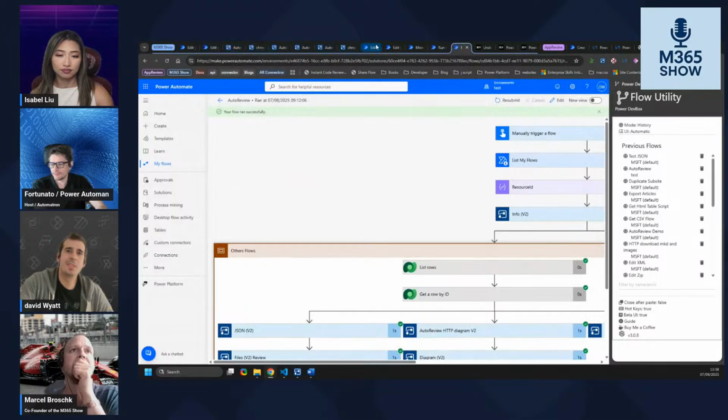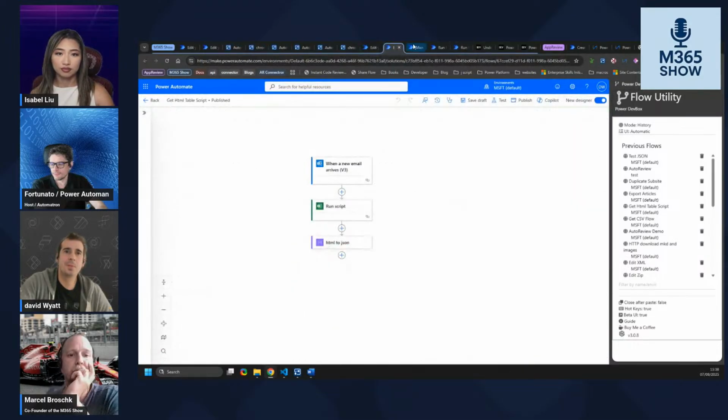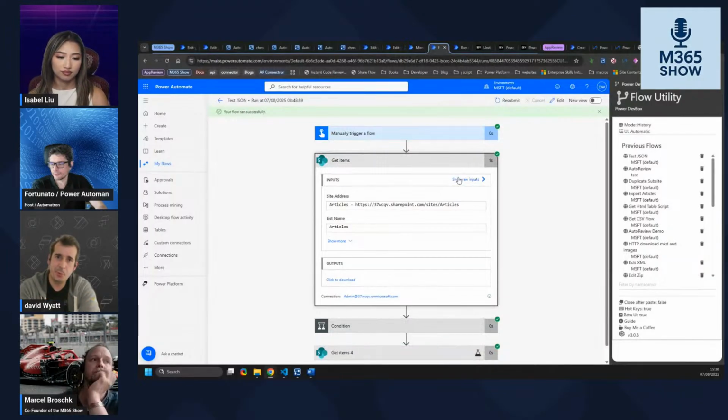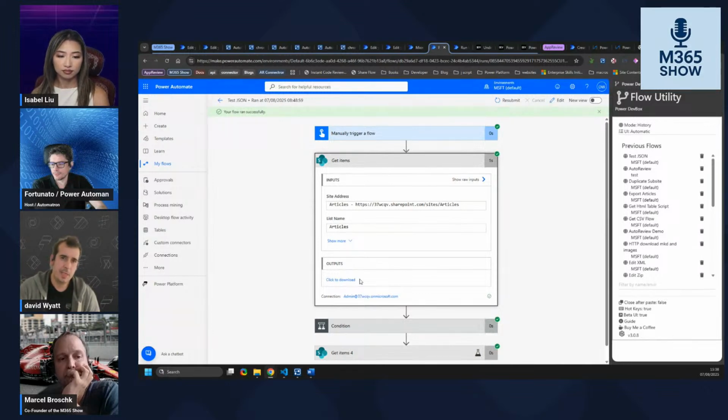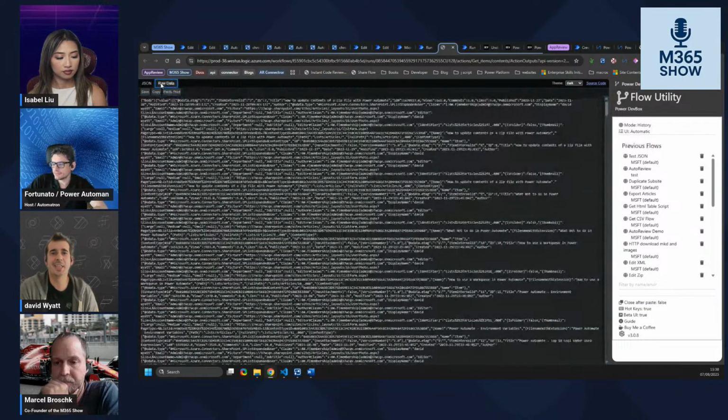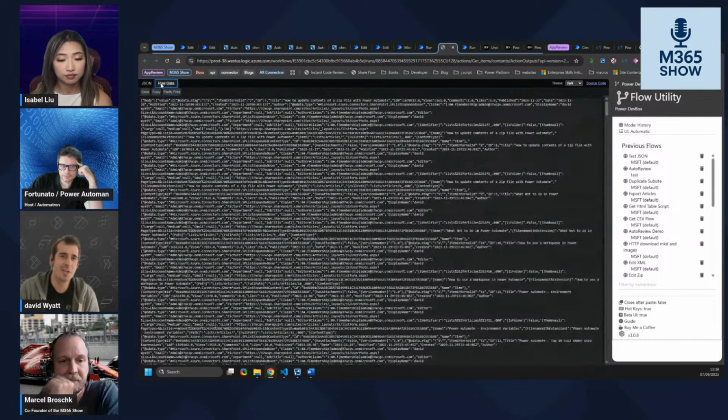Yes, I've got so many tabs open, let me find the one I want to show. Perfect. Yeah, it's quite a niche use case, but as you said, it's super useful. We've all had it in Power Automate, when we get this lovely click to download, and we're trying to debug and understand what's going on in our run logs. Well, generally, you would normally get this, which is, I don't know about you, but horrendous to read